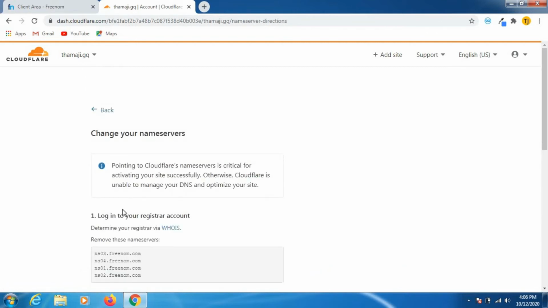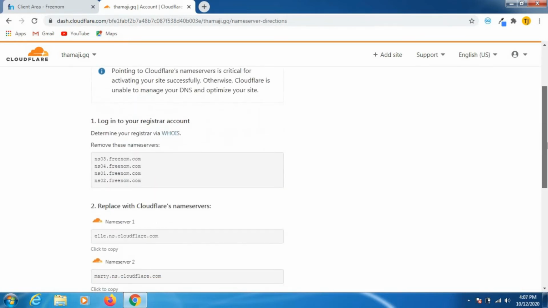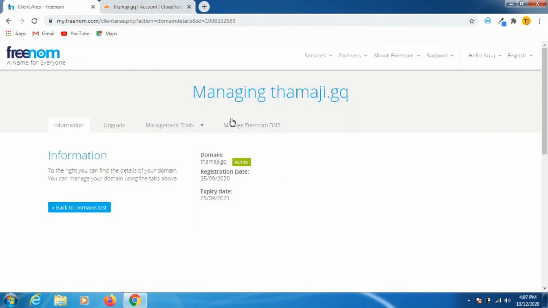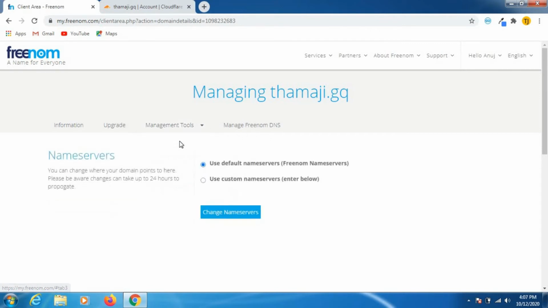After that we need to change the name servers. Just copy these name servers, and we need to change them from here in the management tools and click on name servers.